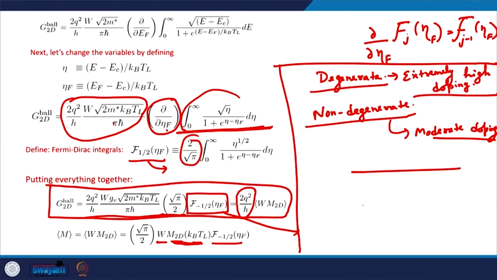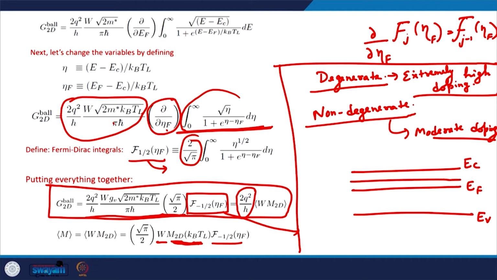It may even lie inside the conduction band. So if this is the top of the valence band, this is the bottom of the conduction band, and this is the Fermi level somewhere in between, or slightly closer to the conduction band,